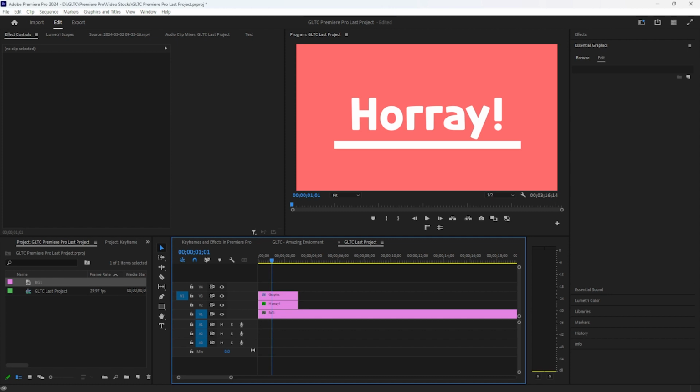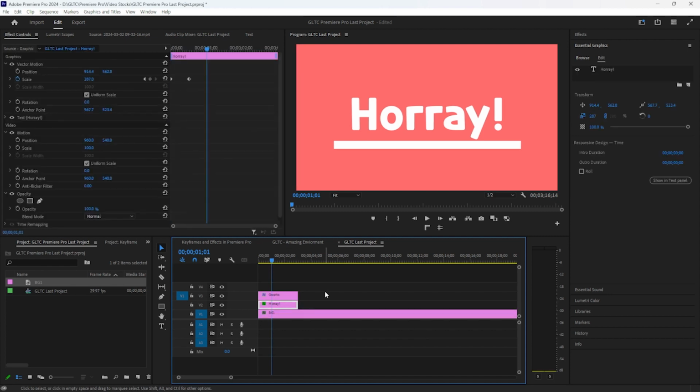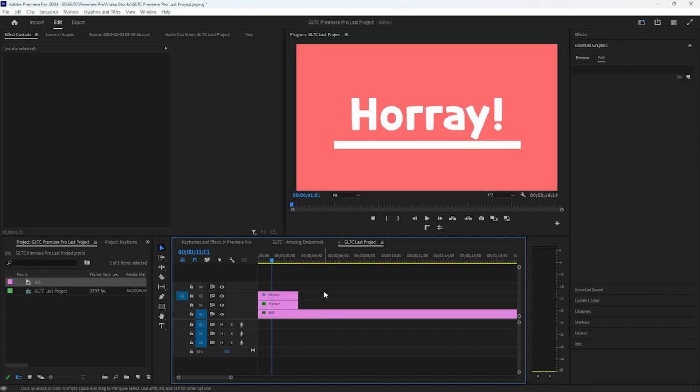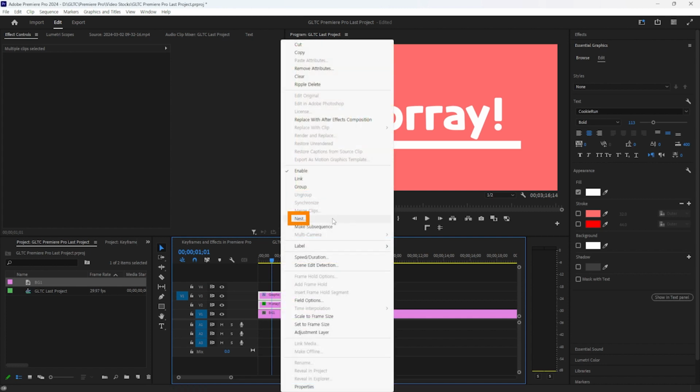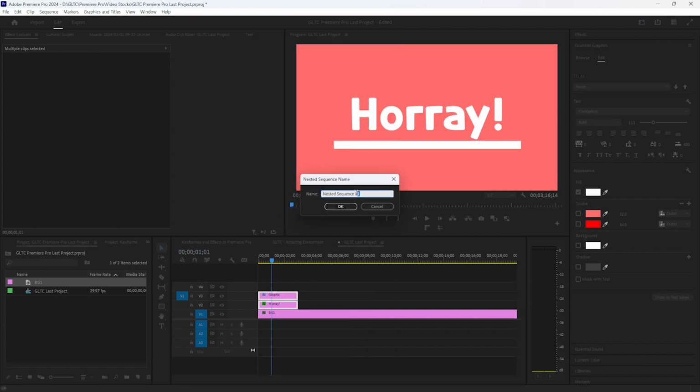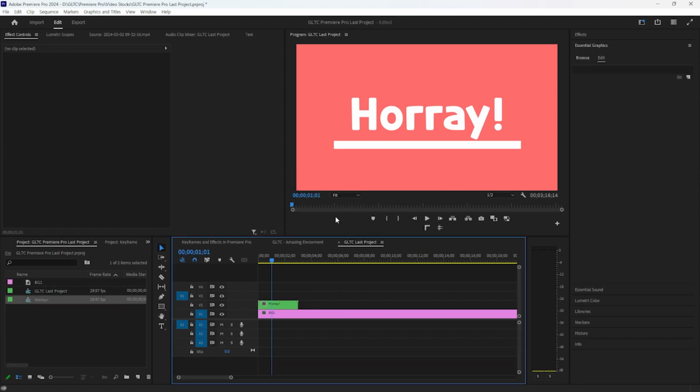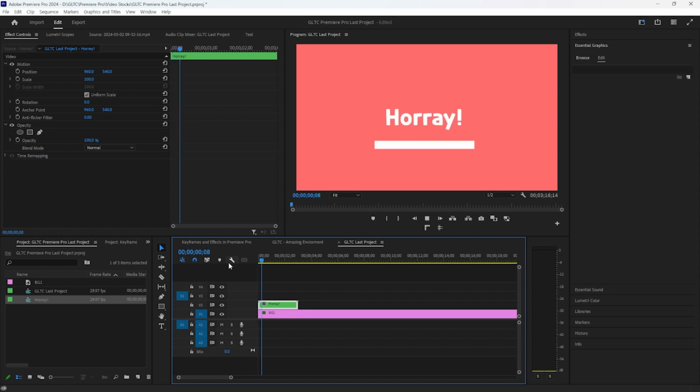Oh, so I'm just going to do something more advanced. We'll talk about nesting. Nesting is one of the ways to make it easier to select like that. So select it, right click, it is the same as grouping: nest, and the nested sequence, hooray. Okay, you'll be able to do this, and then the settings are here: